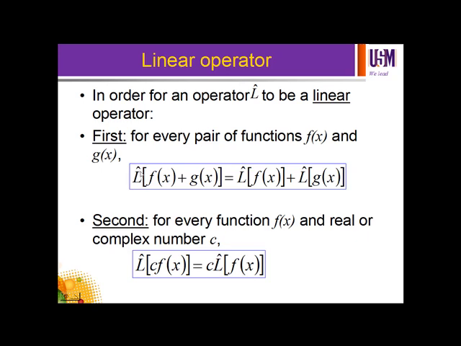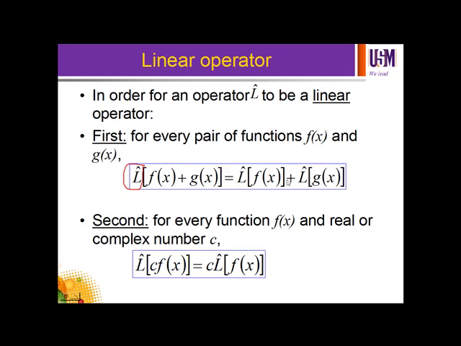L with a hat here is basically a linear operator. An operator can be represented by any alphabet. Here, since we are talking about a linear operator, we use capital L with a hat, and inside the square bracket here, we have f(x) plus g(x). That means function f and function g. There are two functions. This addition must be equal to the separate